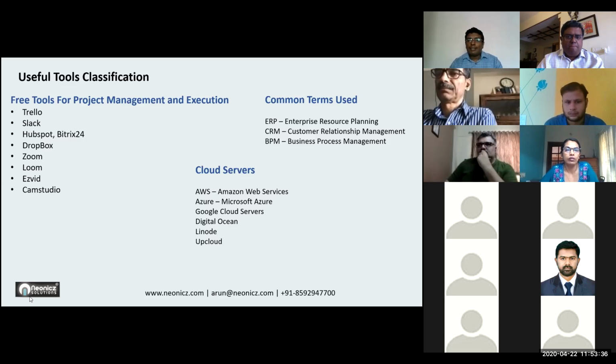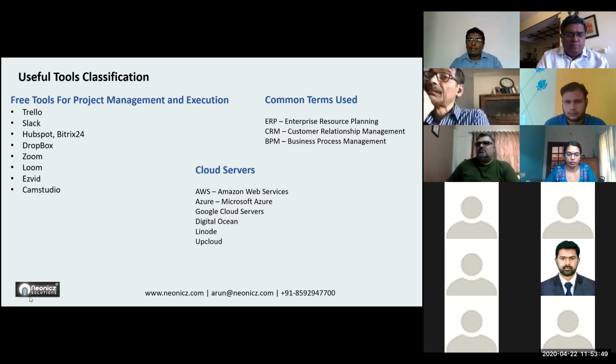There is another set of things, which is CRM. CRM is customer relationship management. Being said that, an e-commerce platform is a public facing platform where it has customer relationship management included in it, where you are posting your reviews, your feedbacks, your product delivery tracking, and all those things are tracked by that customer relationship management software, and a backend team will be observing that. And BPM, as the word explains, is business process management.